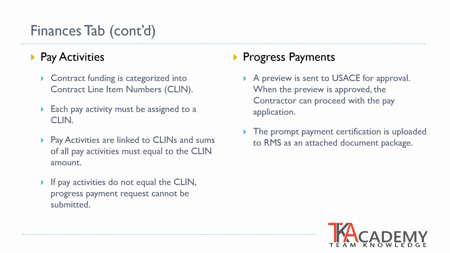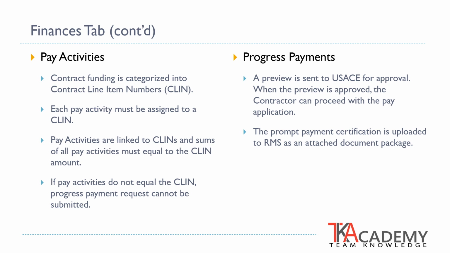The progress payment feature is used to submit payment requests to the U.S. Army Corps of Engineers for work on the project. There are multiple steps that must be completed before a progress payment can be submitted. The payee office information must be complete, subcontractor information and subcontract amounts must be entered, there should be an approved activity schedule, and there cannot be any contract variations in the CLIN total amounts. Progress payments are typically submitted monthly for periods from the first to the last day of the month, and there can only be one unpaid invoice open at a time.